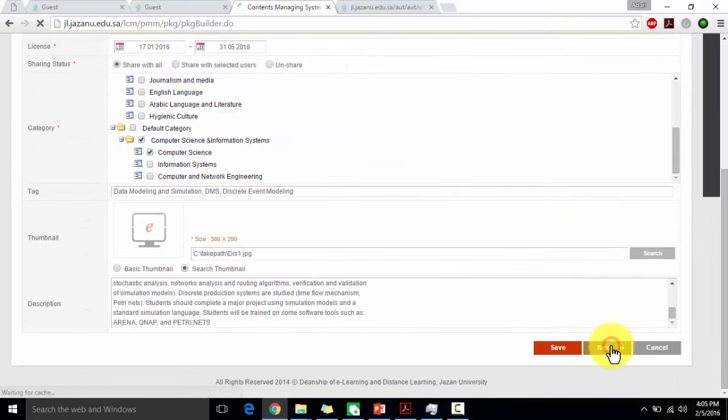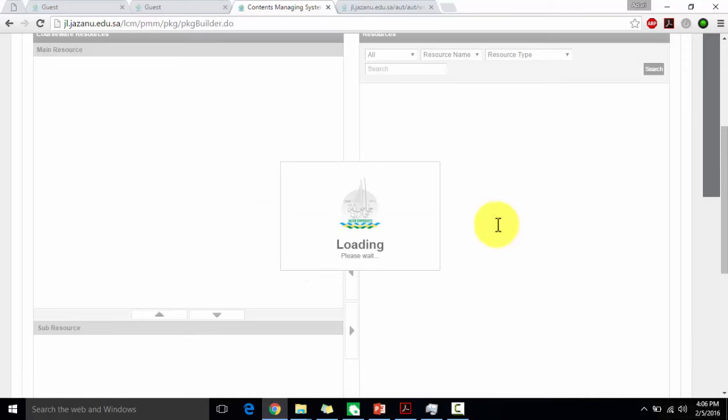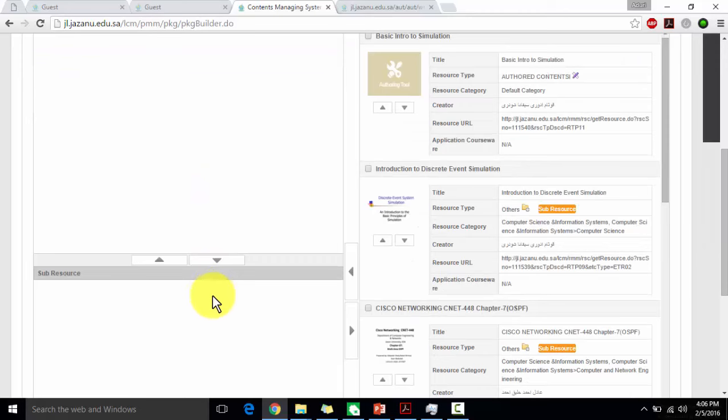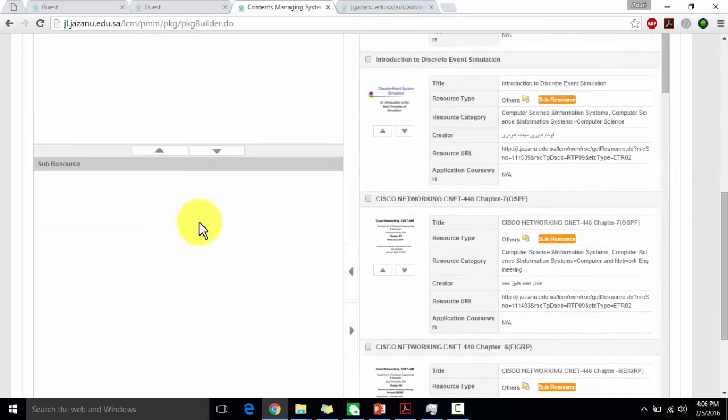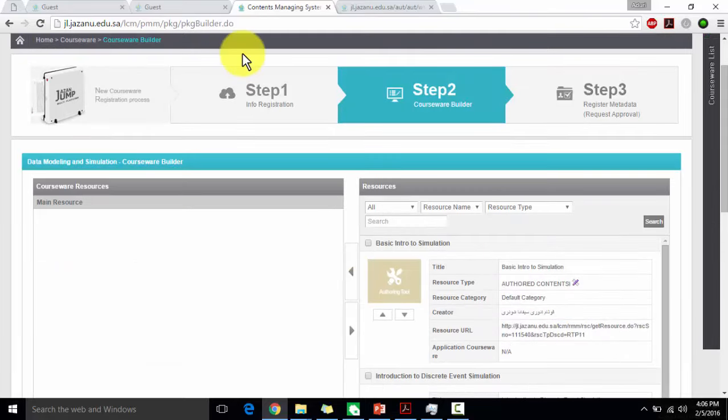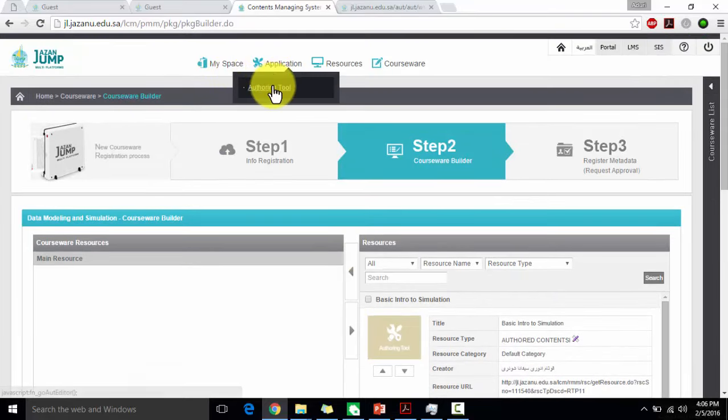So once you click on the next button, here it is asking for the courseware resource, main resource and sub resource. Without a main resource, you can't go to the next step. So for every resource that you are going to create, you need to have an application authoring tool, and it also needs to be saved and published.